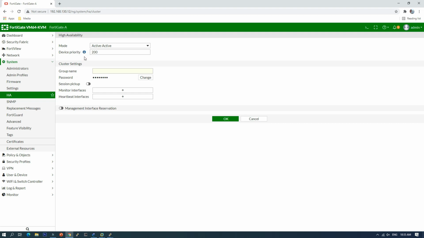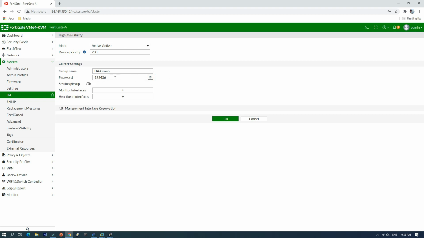So 200 is higher than the default priority, so it will be considered the master in HA. We call it HA group. For the password, we just use 123456.